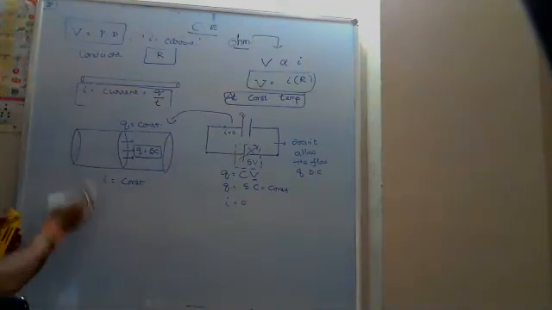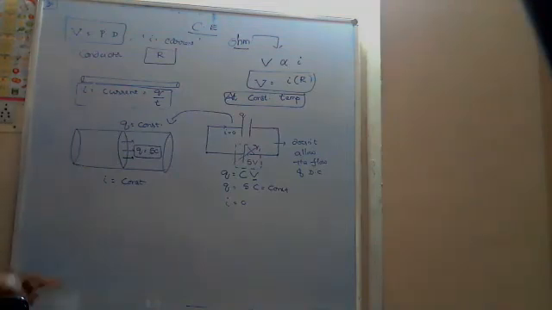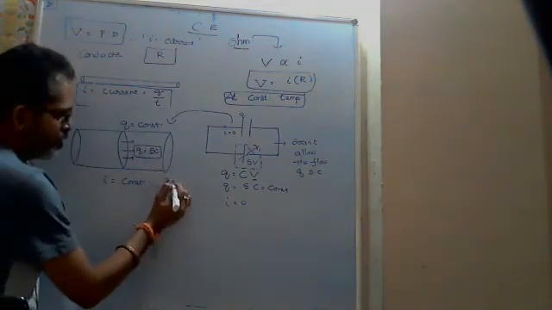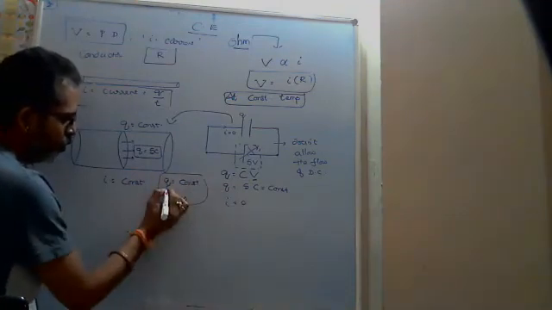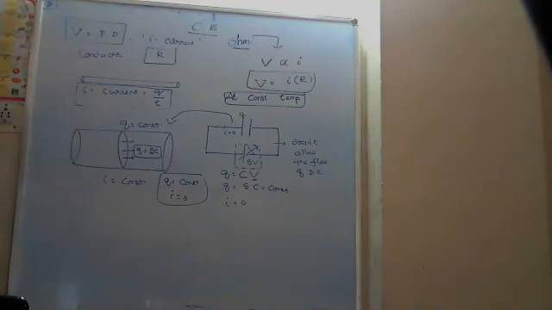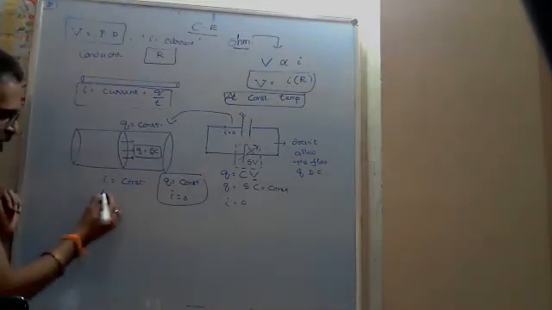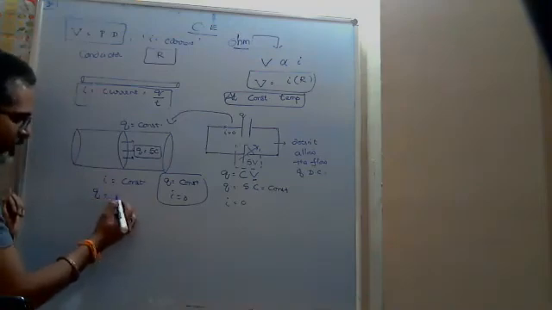From this previous knowledge, you understood if Q is constant, then I equals 0. So Q should not be constant. Then how should it vary in the circuit? Current should be constant. Then Q I have to assume like,